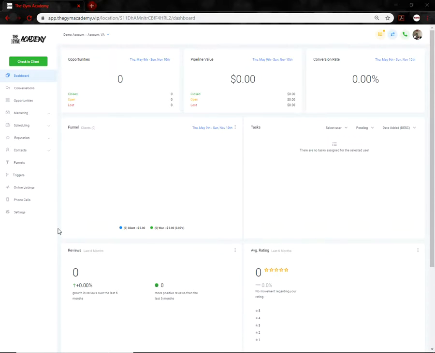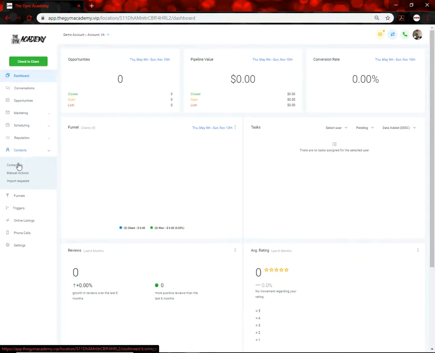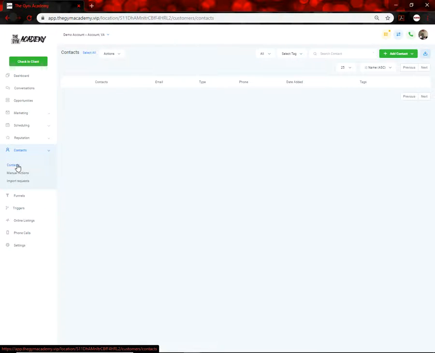In this video, we're going to be talking about how to upload pre-existing contacts. So we'll make our way over to the left-hand column here, and we're going to be selecting the Contacts tab. Then under the drop-down, we'll again select Contacts. From here, we'll move up to the top right of the screen and select the green button that says Add Contacts. And because we want to import a bulk list, we're going to select the bottom one here that says